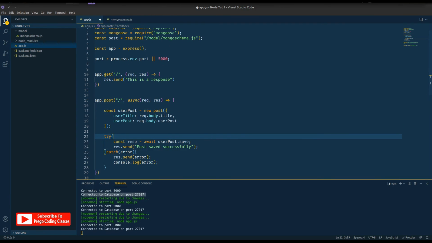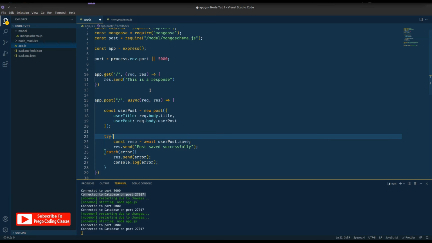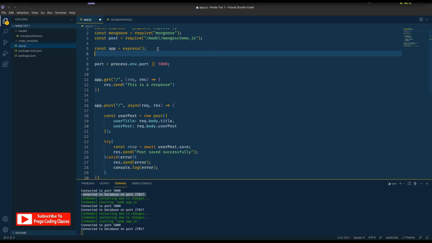Alright, so it again gives an error. Why? Because whatever Node.js is reading from the request.body, we are sending in JSON format, but Node.js is not able to read the JSON format, because nowhere in Node.js is it specified that the body should be read as JSON. So what we need to do here is